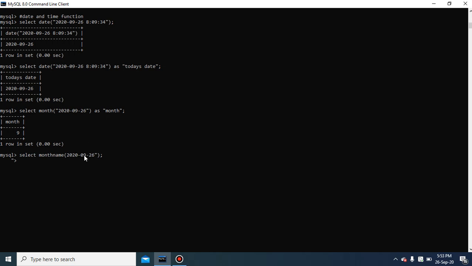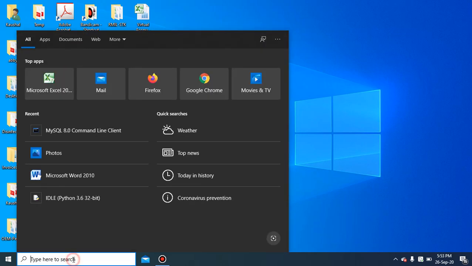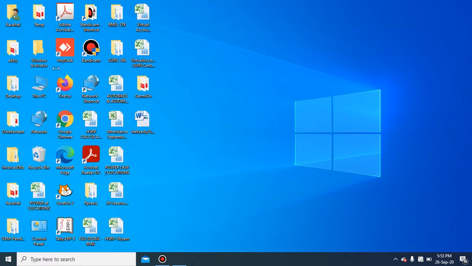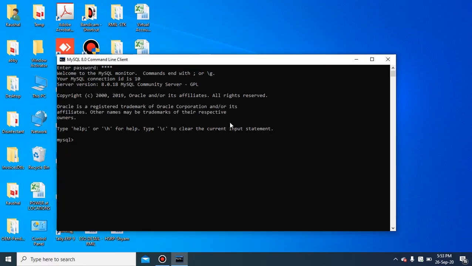I had missed the double quotes here, so again we need to start. It will not come when you see this type of prompt; then you have to restart, which means you have to open MySQL again. I'll write MySQL in the search box, then directly open it by providing the password, and directly you can start the function.